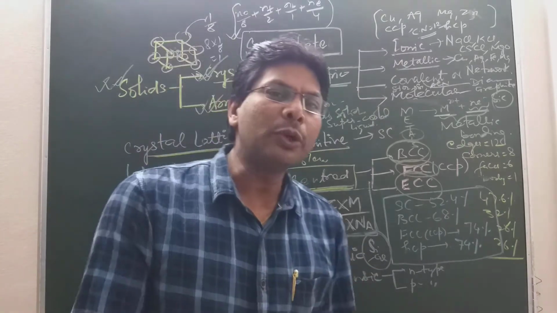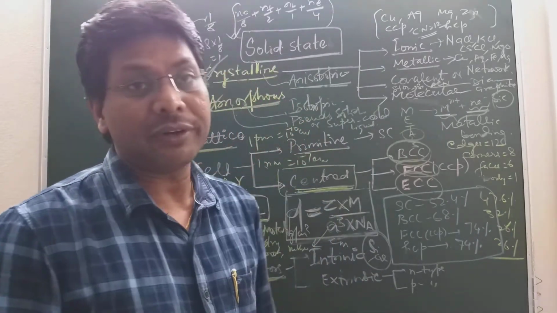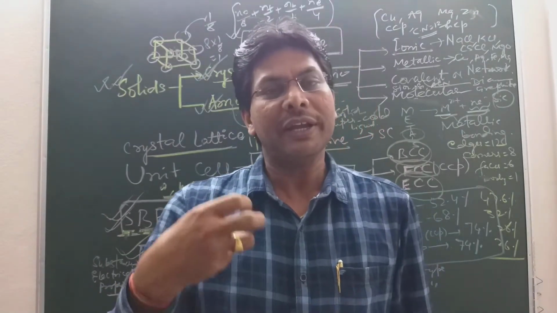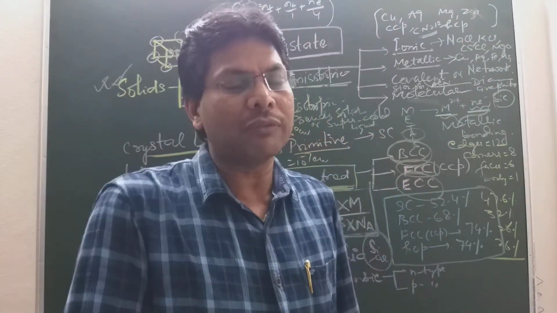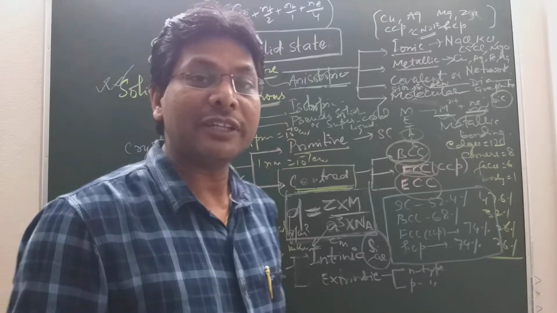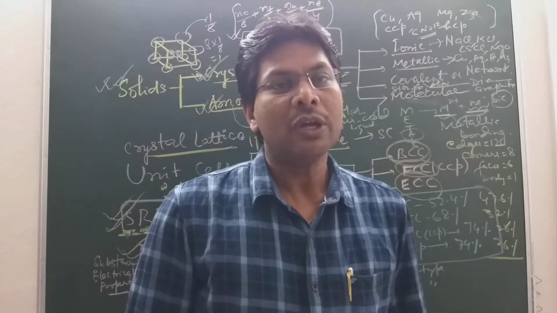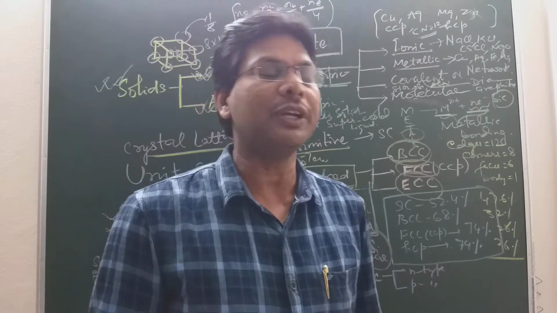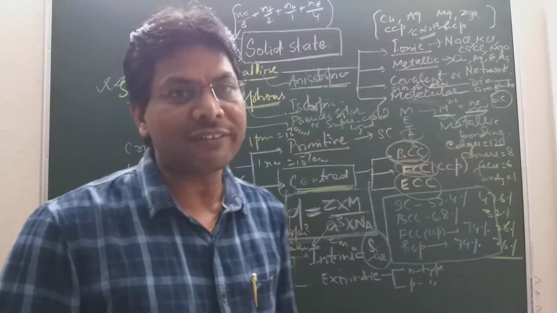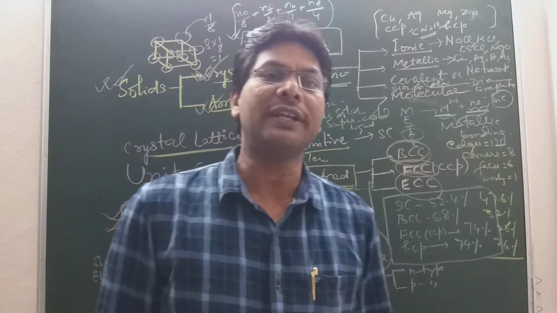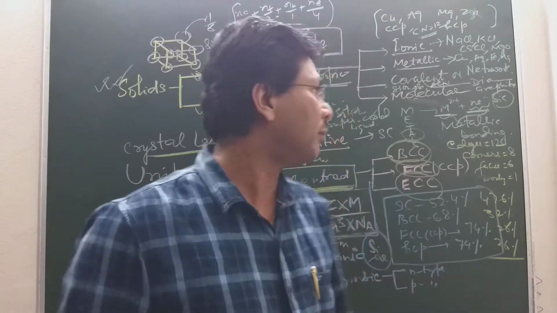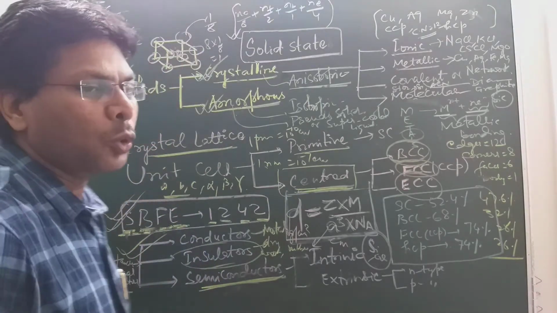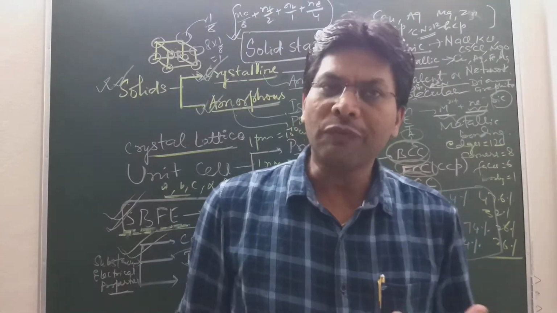So what do we need to improve the conductivity of an intrinsic semiconductor? We need to add some impurity. The process of adding impurity to a pure semiconductor to convert it into extrinsic type, that is N type and P type, is called doping. So doping is the process of deliberately adding impurities. The impurity that we generally add is from group 13 or group 15.